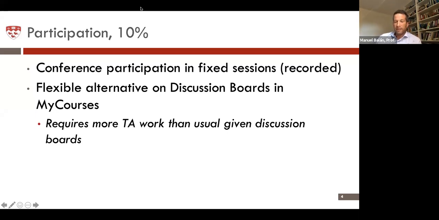One central question about participation that I've encountered has to do with whether to make the fixed and the flexible alternatives mutually exclusive or not. Basically, are students only able to participate in the fixed session if they attend, or can they complement their participation grade by adding to the discussion board? This gets into some murky areas, especially for seminars and smaller classes, because students may feel more at ease participating on discussion boards, and at the same time, you do want to create this engagement in the live sessions. So there's a choice to be made.